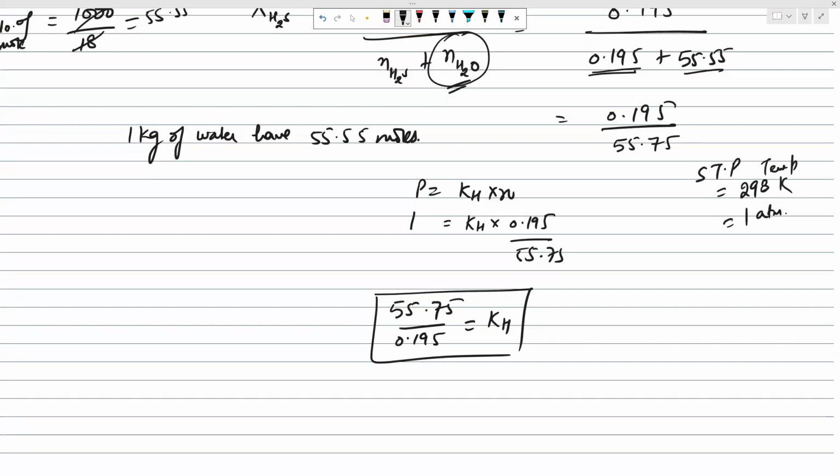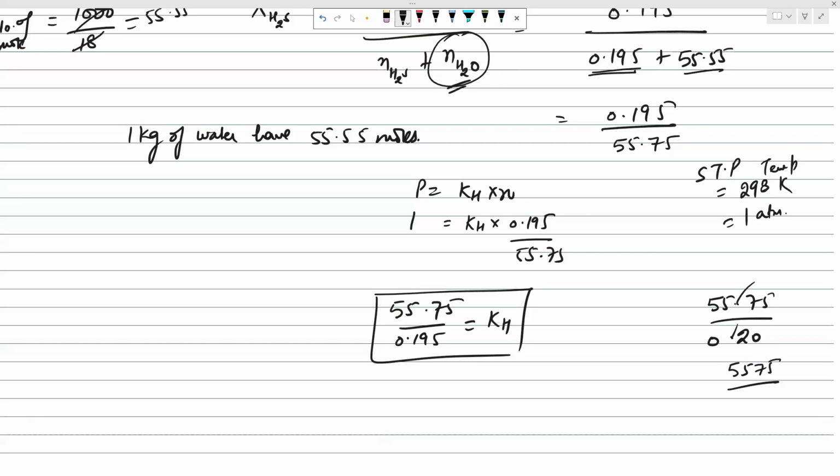Yes, sir. One can assume in rough terms that it can be 55.75 over 0.20. Can you assume this one like this way? Yes, sir. Now this is 75 and this is 2. Okay, just remove the decimal after the 2 place. This will be